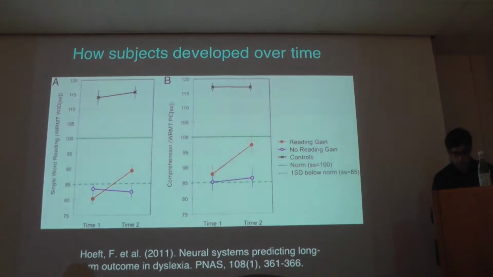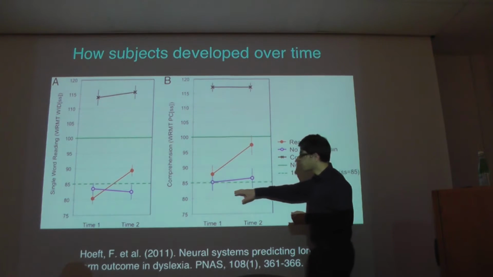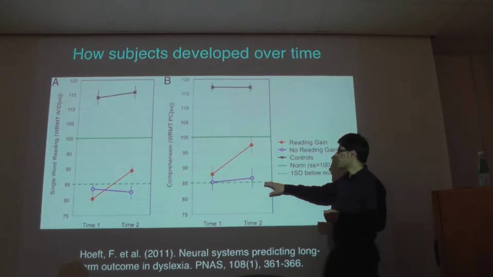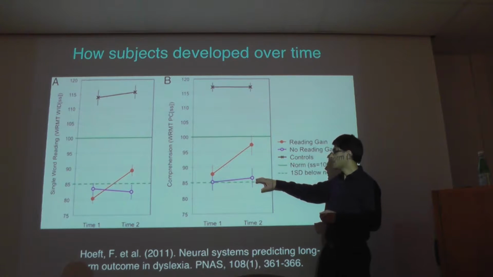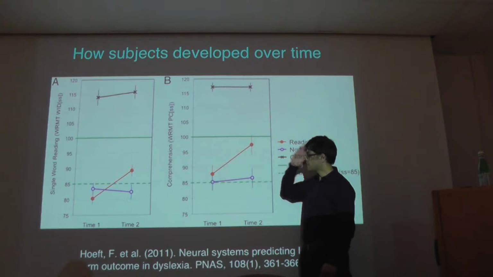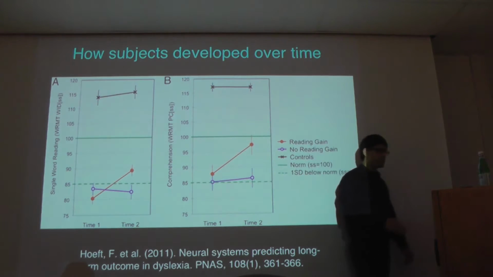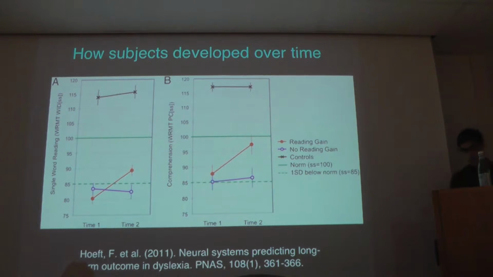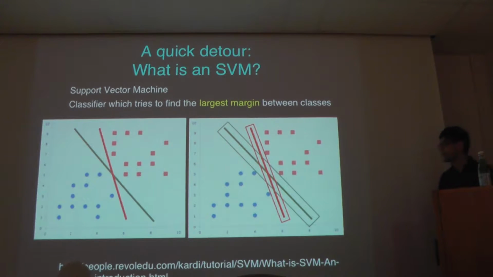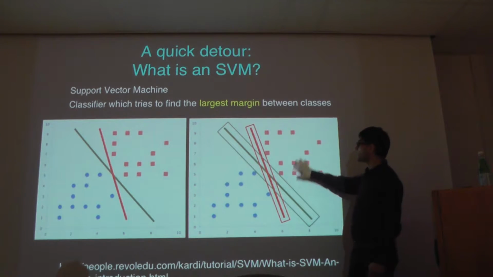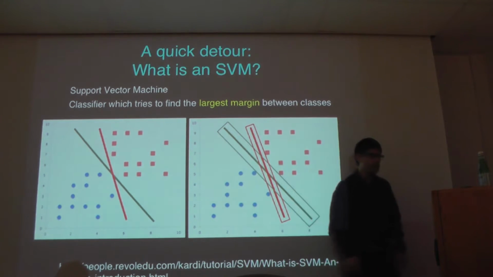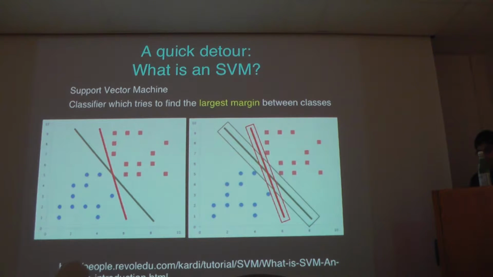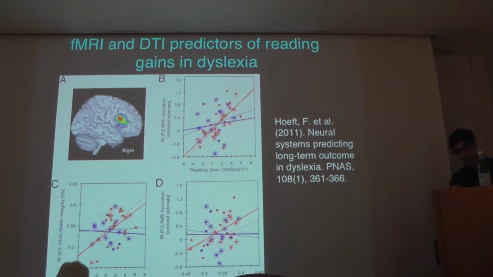So you've got your people who improve, you've got your dyslexics who 2.5 years later get better, and you've got your dyslexics who 2.5 years later don't. And if you just slice up the world into these two groups, and you say, from my fMRI data, my behavioral data, can I classify people as belonging to one of these groups? So this might be the people who get better, and this might be the people who don't get better, and you're going to try and carve up the world in the space of neural data and behavioral data, and you're going to try and do that with as big a margin as you can. And then what they did was,